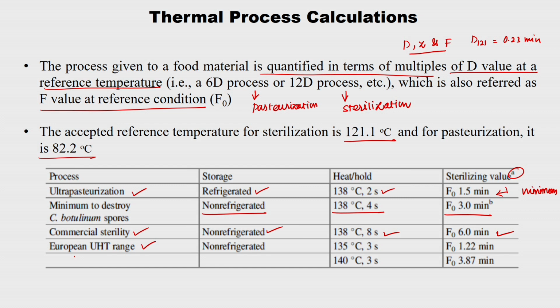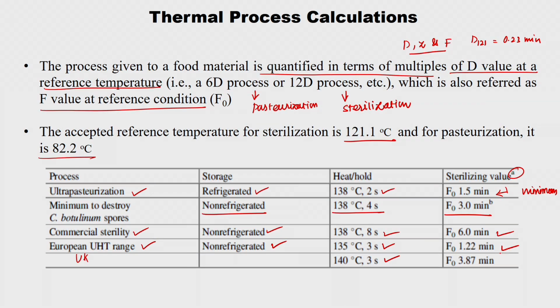And European UHT, I might have referred in the previous lectures as UK standard and US standard. So, this is 135 degree for 3 seconds and 140 for 3 seconds. I already told that in UK standards most of the time they also take care of the nutrient value. So, instead of going for a high temperature and long time process, they go for a low temperature and hold it for a particular time. Right, the equivalent F naught is 1.22 and